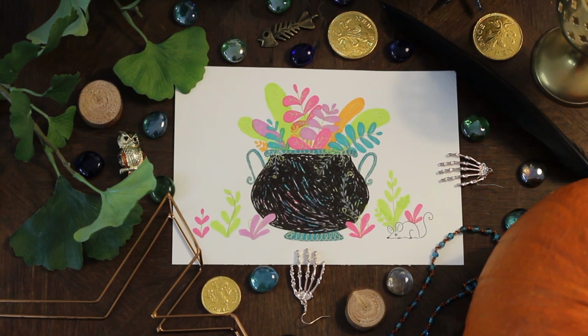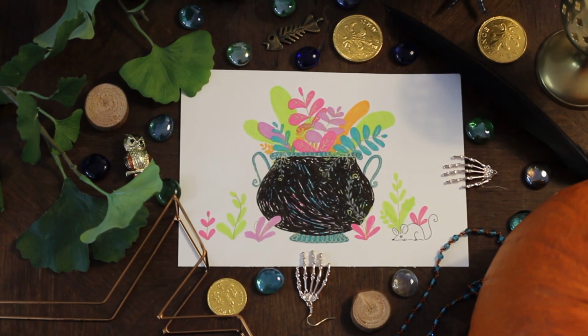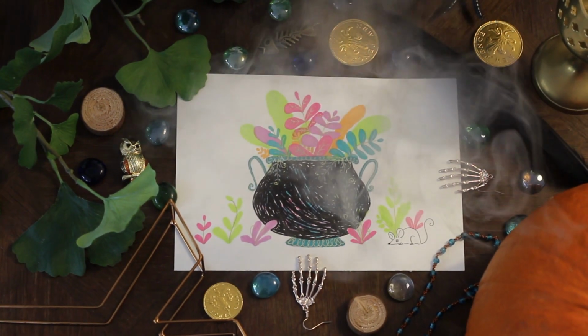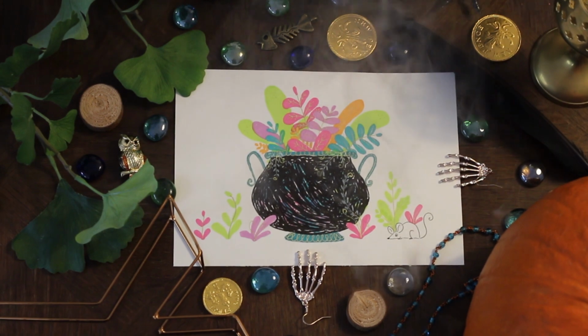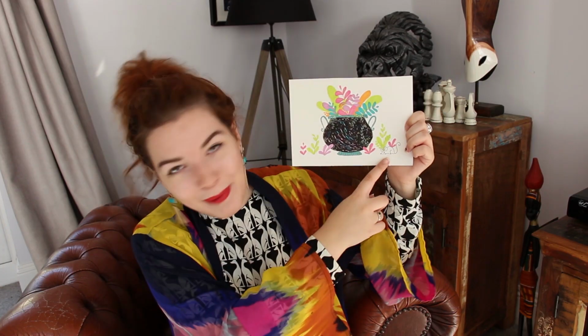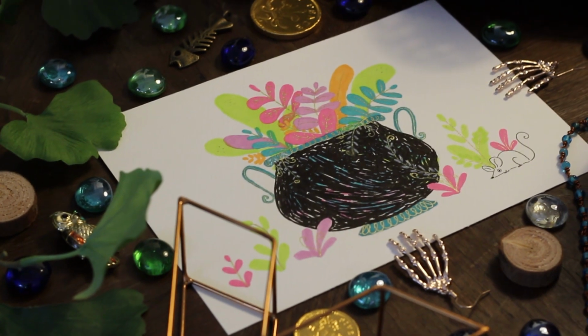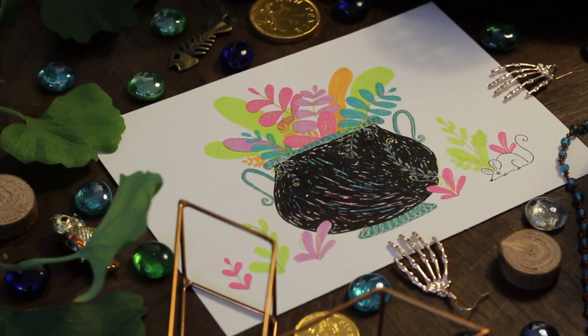And the last one, so this one was using the same method as the snake, where I scribbled a load of colours into the cauldron shape and then went back over with a brush pen and just scribbled, and then you get this lovely coloured effect on the cauldron. I've done a little mouse here. I think he's super cute, but he was actually an addition that I added much later on after doing